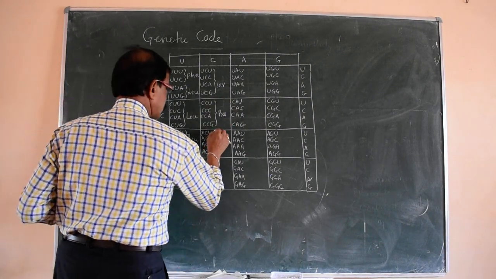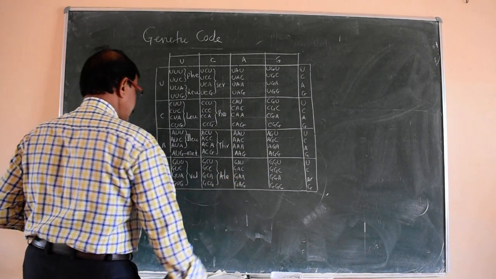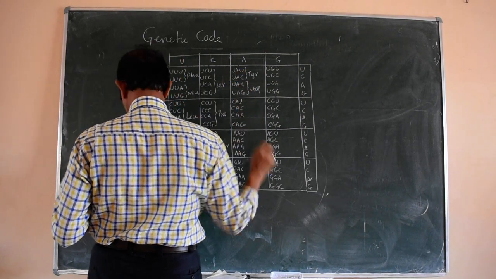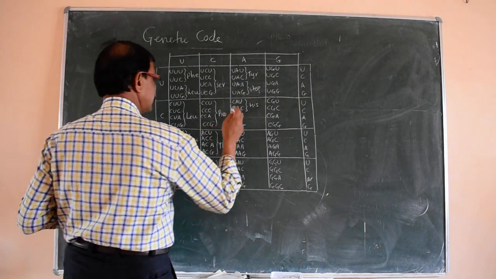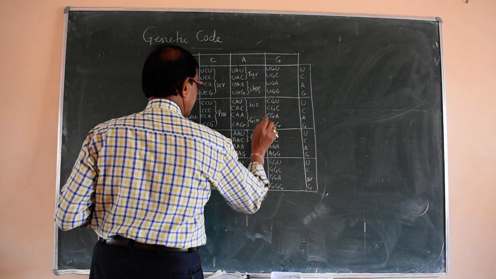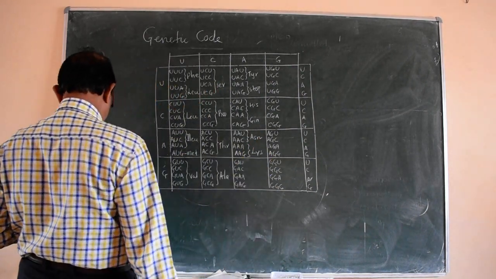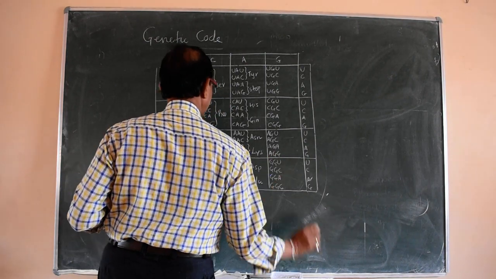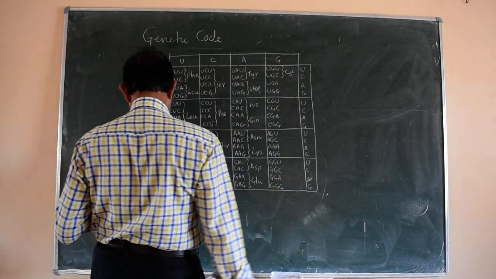and the next one is threonine, THR, and the next one is alanine, ALA, and then the next two are tyrosine, TYR, and these two are stop codons. The first two are HIS, histidine, and next glutamine, GLN, and the next two are ASN, asparagine, and the next one is lysine, LYS, next two are ASP, aspartic acid, and the next two are glutamic acid, GLU, and then next is CYS, cysteine, and then this is again stop,